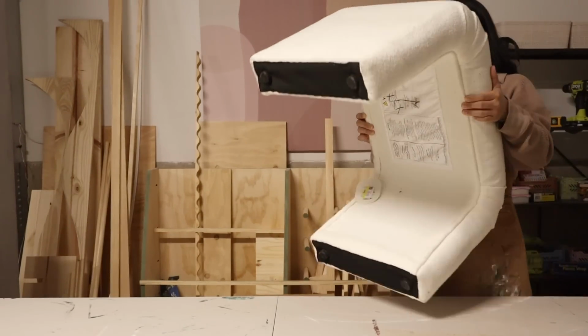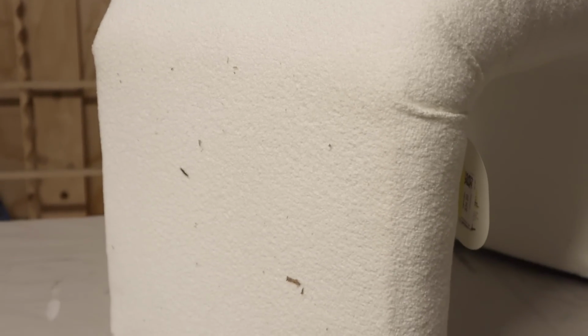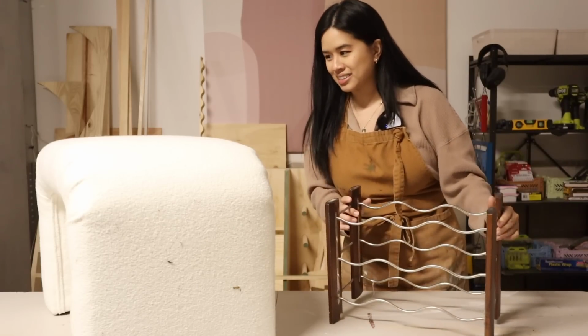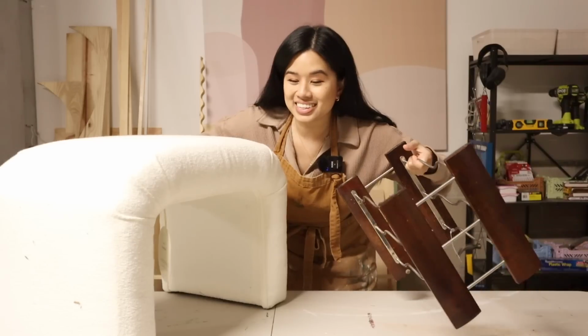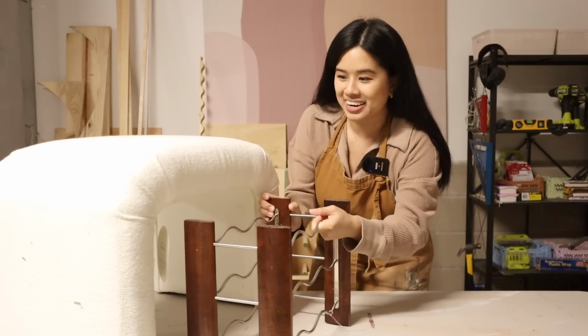Oh my gosh. This needs a good cleaning. There's so much lint on it. These two items were probably my favorite finds from this trip, and I honestly am still shook that I found this ottoman last minute. So I actually had these two items sitting next to each other, and I realized that this wine rack actually fits